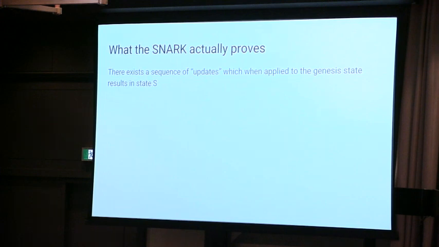Which, when you apply them to the genesis state, results in some state S, OK? What's in a state? This maybe will make your question more clear. A state has the Merkle root of the current account database, the hash of the previous state, and how good is this chain? So if we're using proof of work, this would be the accumulated strength of the chain. Oh, we're not using proof of work, so it's information for checking the proof of stake.